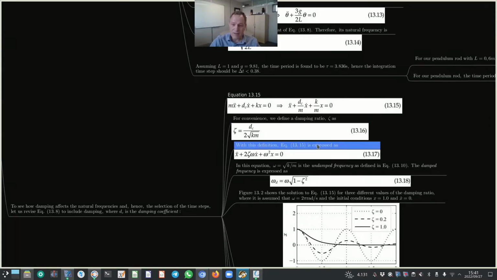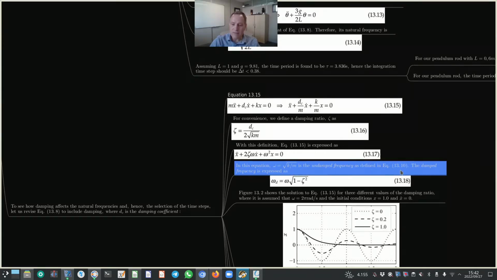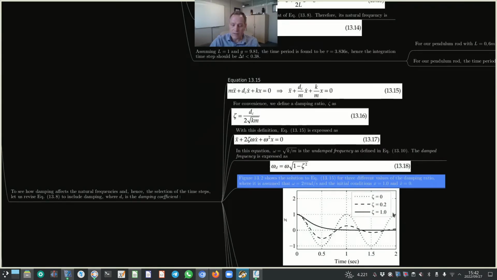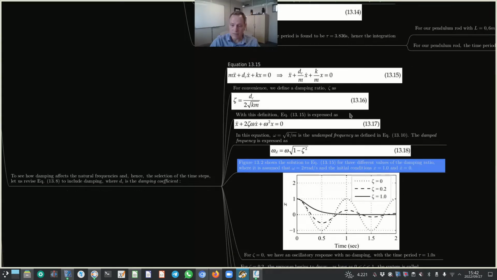With this definition, equation 13.15 is expressed as x double dot plus 2 zeta omega x dot plus omega squared x equals 0. In this equation, omega, the natural frequency, is the square root of the spring stiffness divided by m, the undamped frequency as defined in equation 13.10. The damped frequency is expressed as the undamped frequency multiplied by the square root of 1 minus zeta squared. Now, figure 13.2 shows the solution of equation 13.15 for three different values of damping ratio, where it